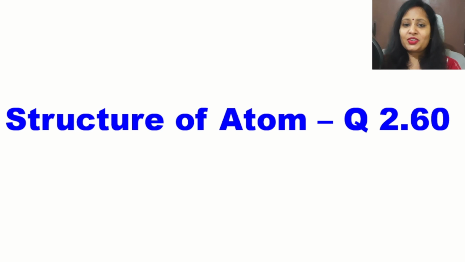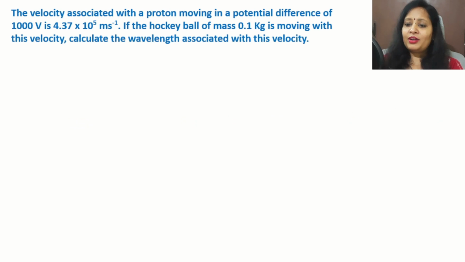Friends, today's video is question number 2.60 from NCERT textbook class 11 and the chapter name is Structure of Atom. So let's check the question. The velocity associated with a proton moving in a potential difference of 1000 volt is 4.37 into 10 to the power 5 meter per second. Now, if a hockey ball of mass 0.1 kg is moving with this velocity, calculate the wavelength associated with the